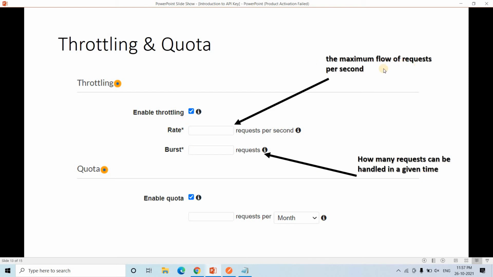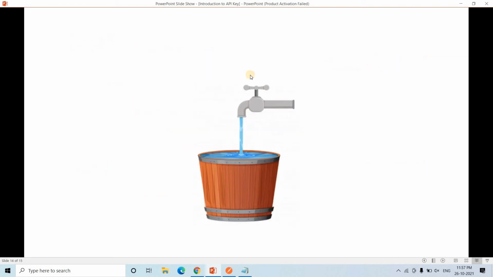And rate is basically the maximum rate at which requests might come per second. So rate you can consider the speed at which the water is entering this bucket. Okay, that is per second how many requests are coming, that is rate. And how much water the bucket can hold at any instance, that is called burst. Okay, now suppose the bucket is full and the water keeps on coming, then